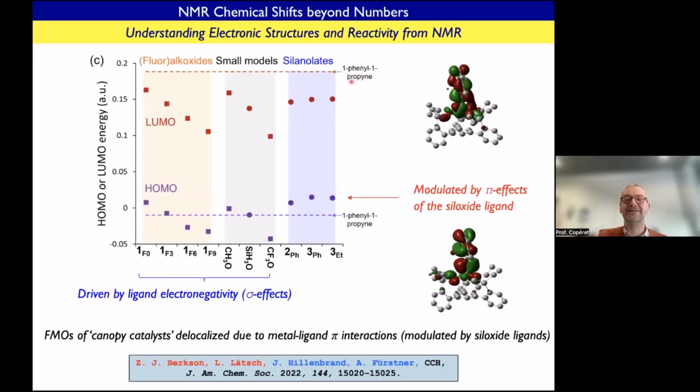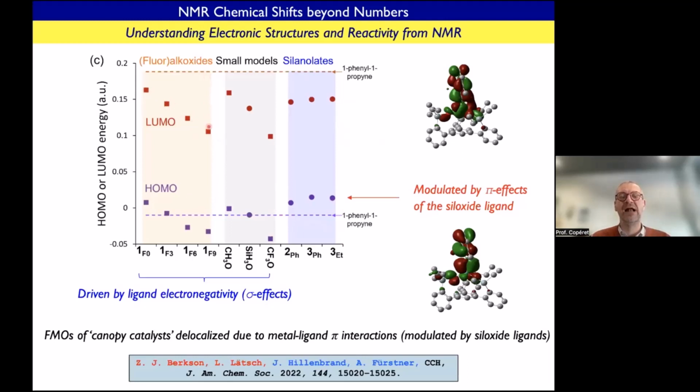So in fact, if you calculate the same thing for the alkyne, the reactant, and my complex, you can see that the metal complexes, which are very reactive, have the HOMO and the LUMO within the HOMO and the LUMO of my alkyne. This is true for all my complexes with my silicon ligand, and it's actually not true in the case of the alkoxide. In the case of the alkoxide, my LUMO is